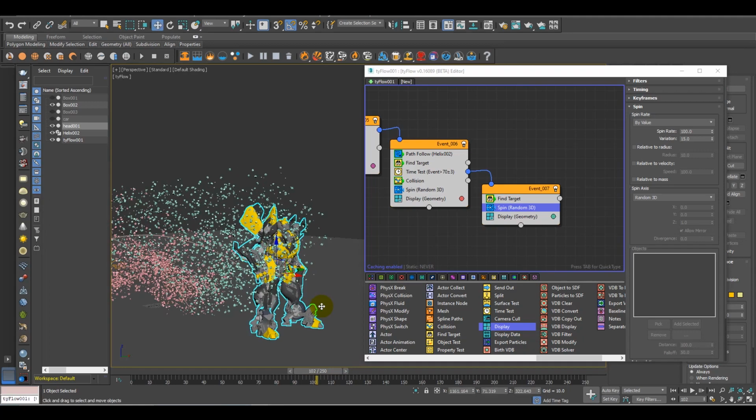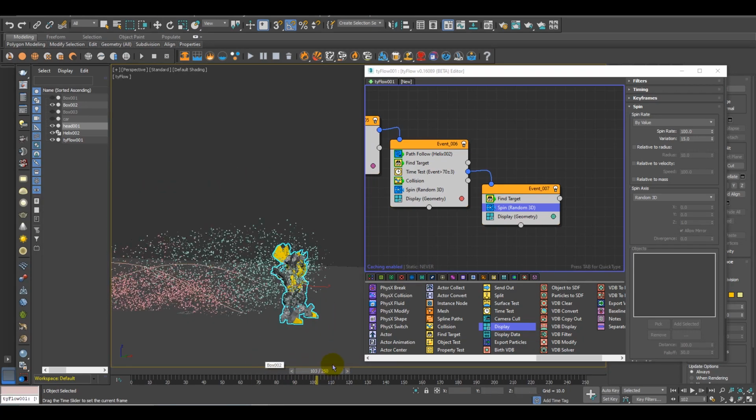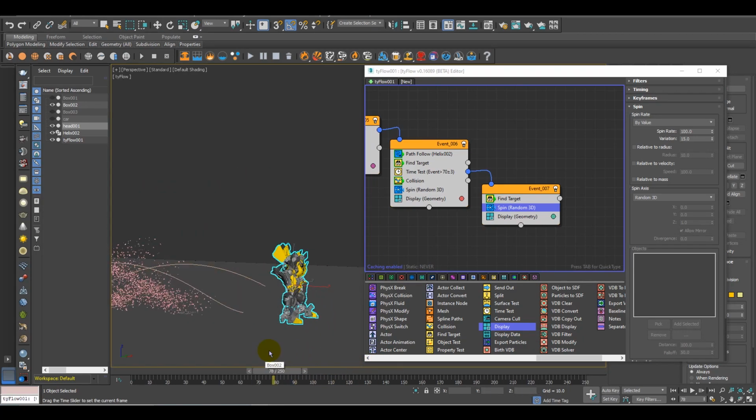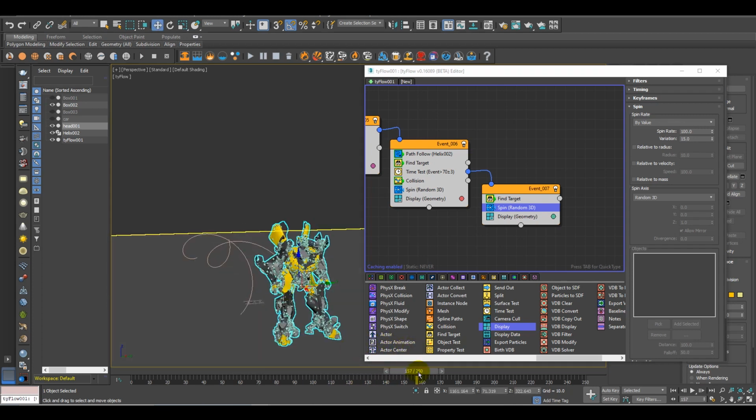As you will see, let's get directly to this point. So it's not moving apart.